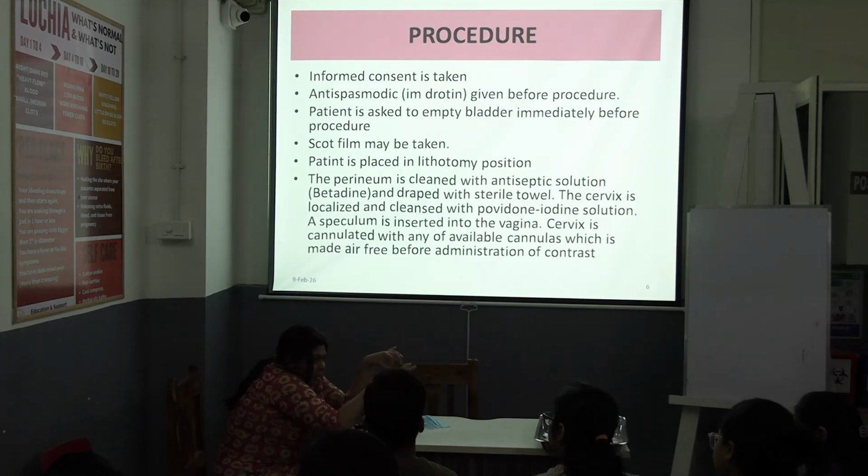You have already cleaned the patient. Now you will hold the anterior lip of the cervix using a Vulsellum or an Ellis tissue holding forceps. We will pull it towards you. And then slowly you will dilate the external os and the internal os using serial Hegar's dilators. Slowly you will dilate. And after that, when you see that it has been dilated to the point that your HSG cannula can pass through, you take the HSG cannula and in a corkscrew fashion, you rotate it so that it gets inside the cervix.